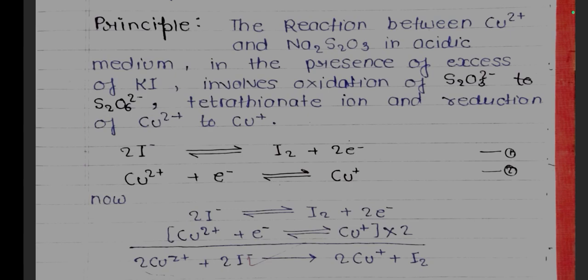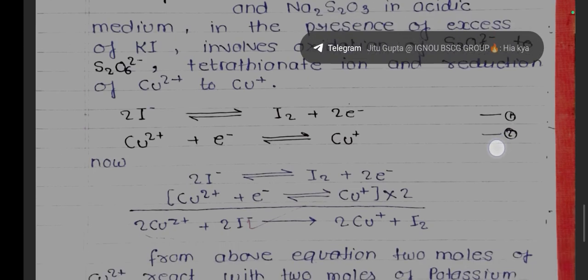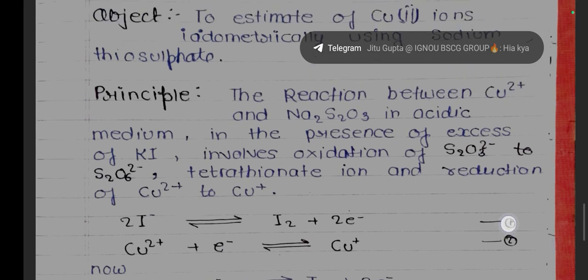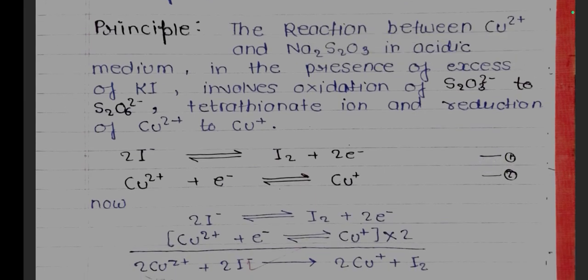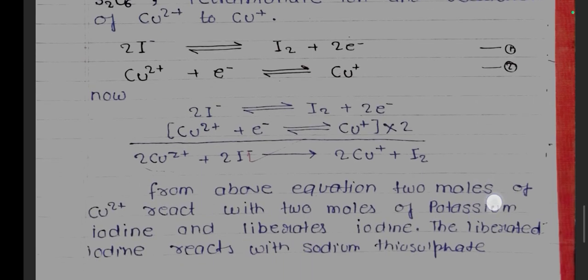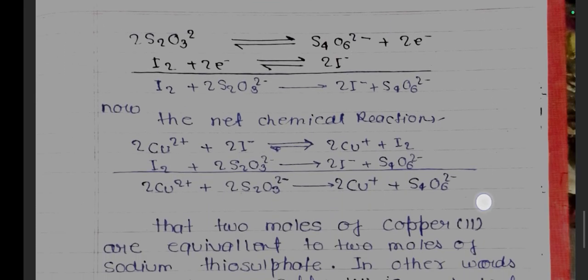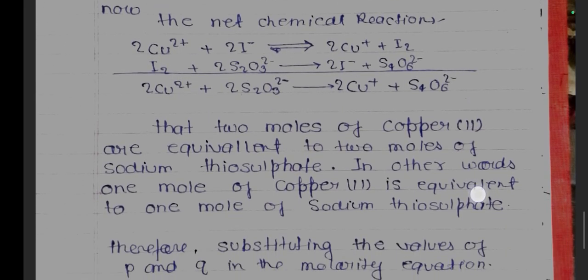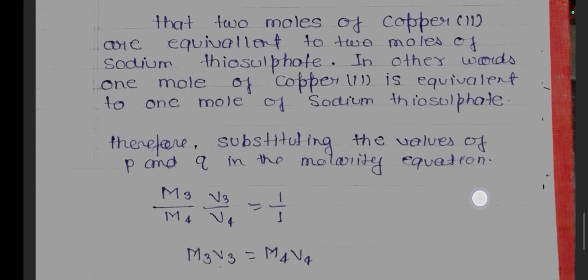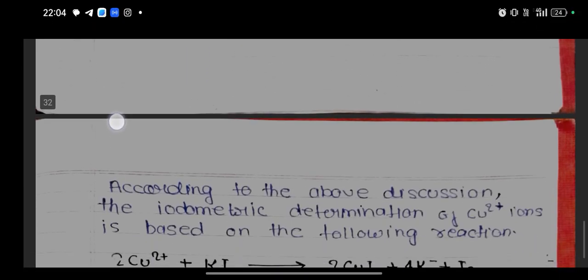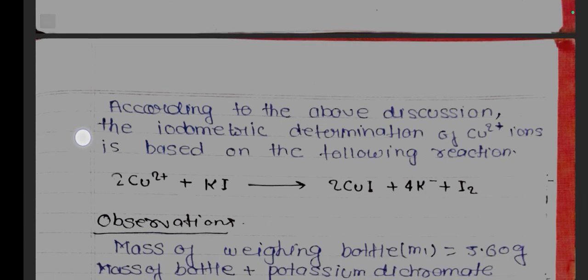Iodimetry is titration with iodine. And the second, iodometry, is titration of iodine